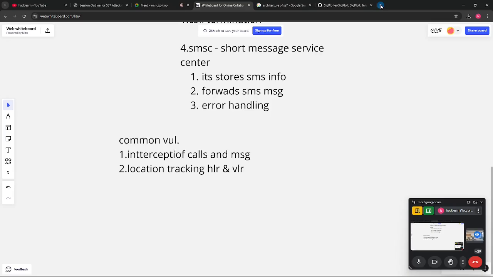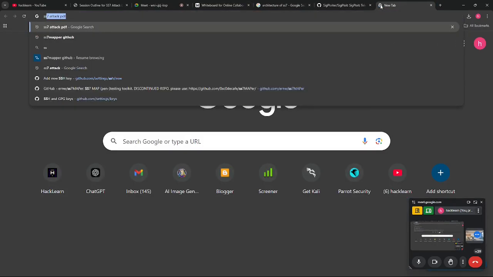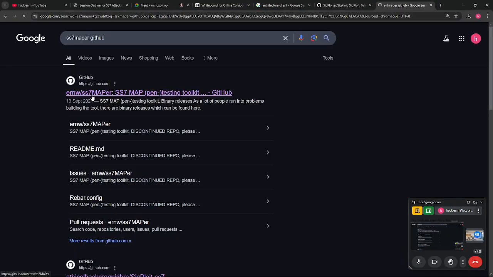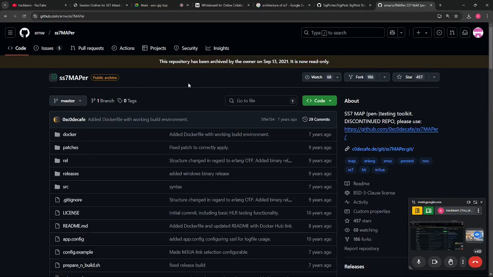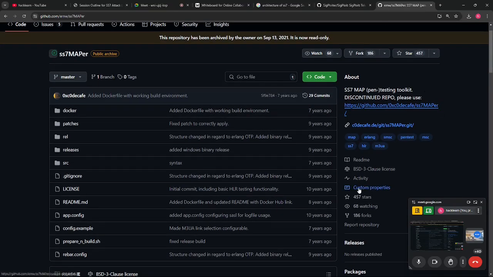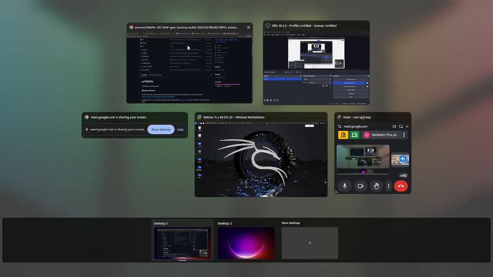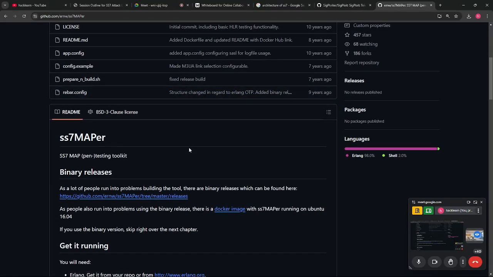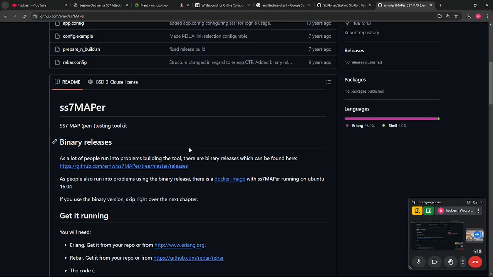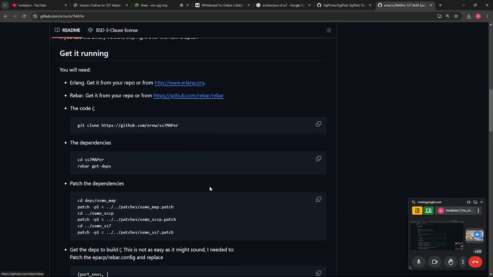So for location tracking, there is an SS7 tool. This tool uses a dummy IMSI to demonstrate location tracking. But if you have an exact IMSI number, which we discussed earlier, like how you can capture the IMSI number, then just by putting in the IMSI number every single time, you get the location. You don't even look at whether the victim is online or offline. If he has the phone, you get the location every single time.